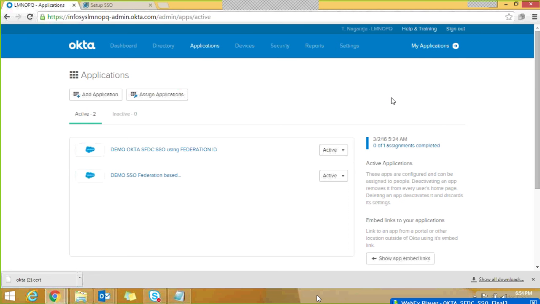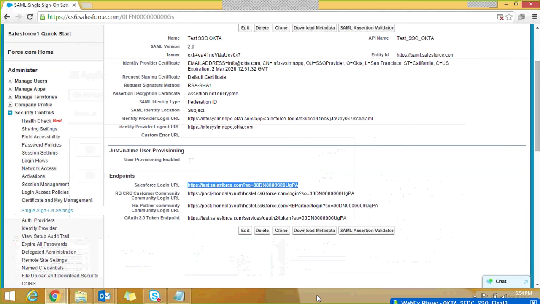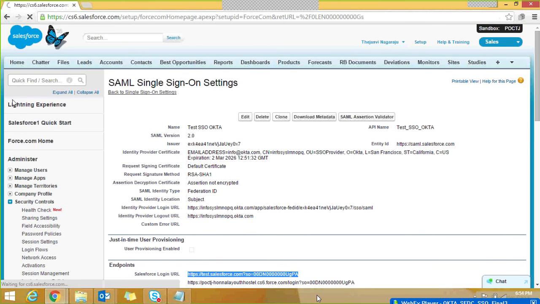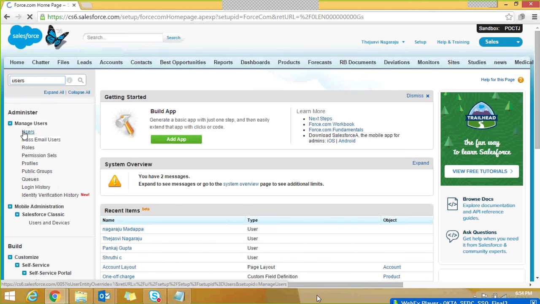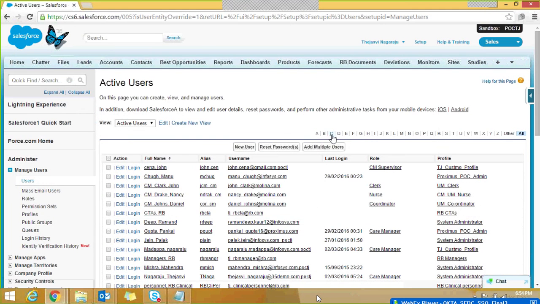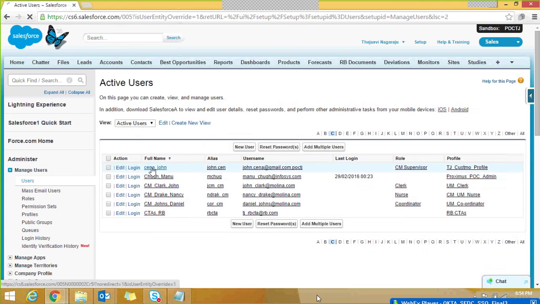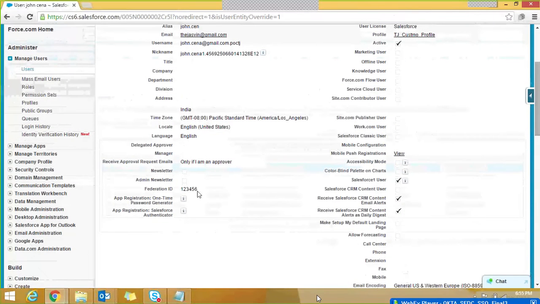Let us go and see on Salesforce whether the John Cena user has got created. I'll go to Salesforce, then to setup, users. I'll have to search with the last name, and the user is John Cena. Okay, I can already see that John Cena has been created just now. If you see the federation ID that we just gave